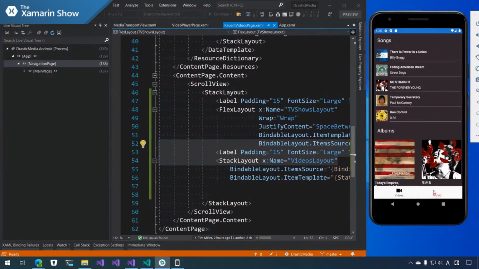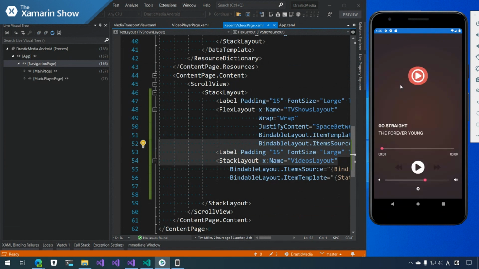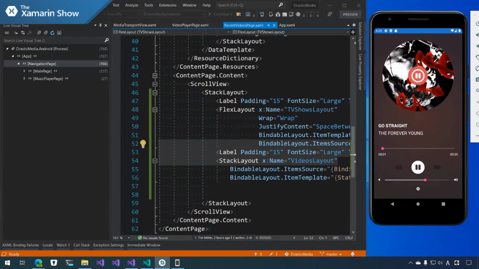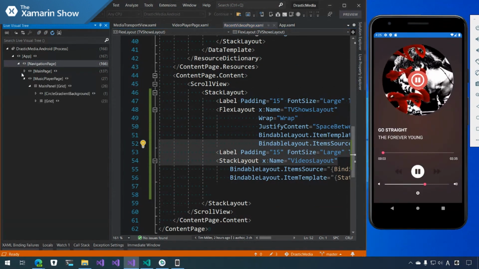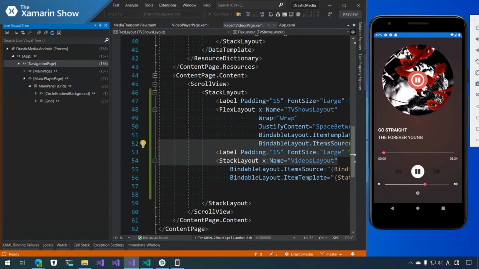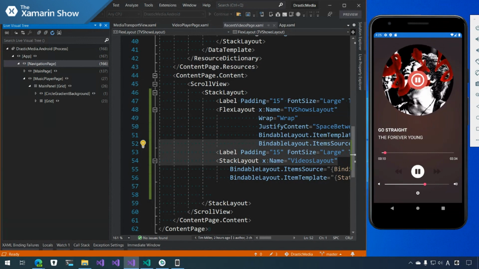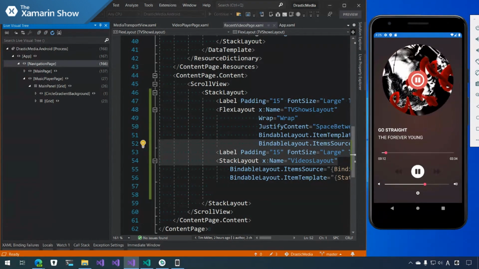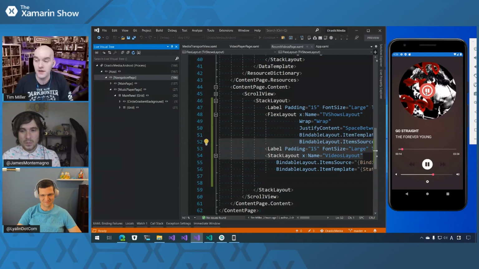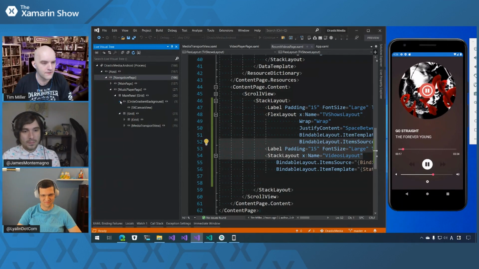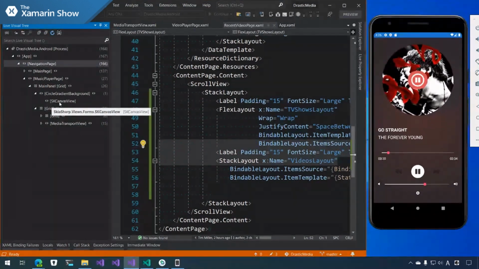So let's see music, right? So again, I have my music view here, and I have a song. So let's see here. All right, so we have now a little view with the media cover art spinner from Pulse Music. And I have my play buttons and stuff. And you see everything synced up fine. So let's see here. If I go here, I have Circle Gradient. I have an SKCanvasView.